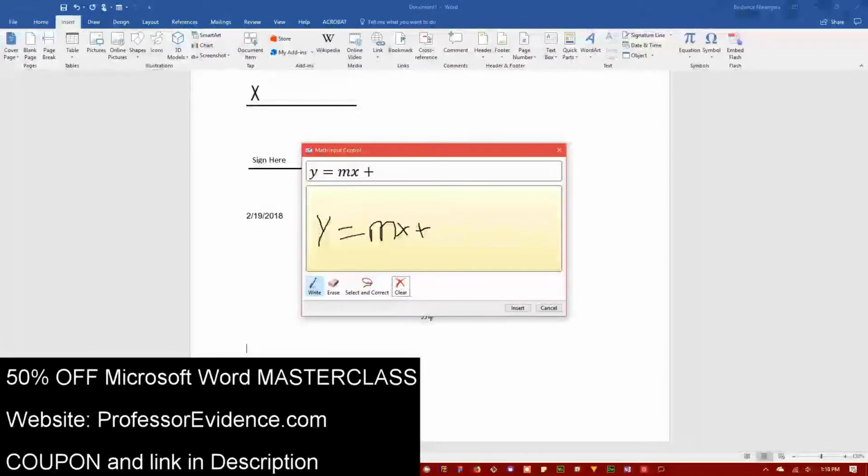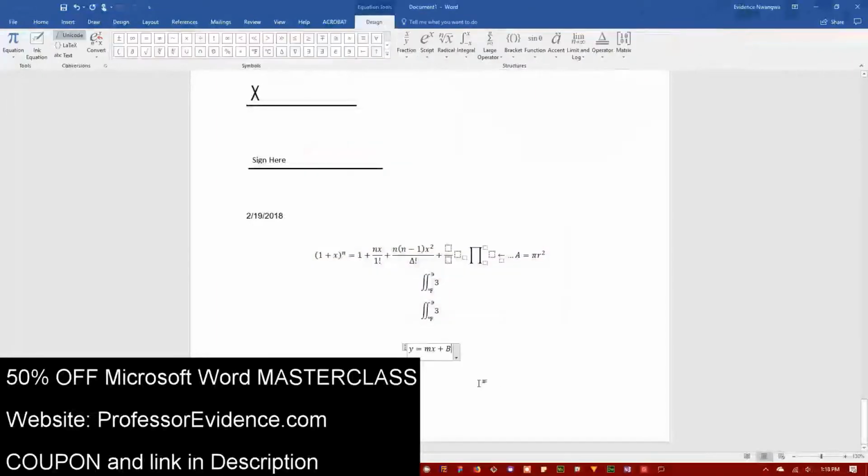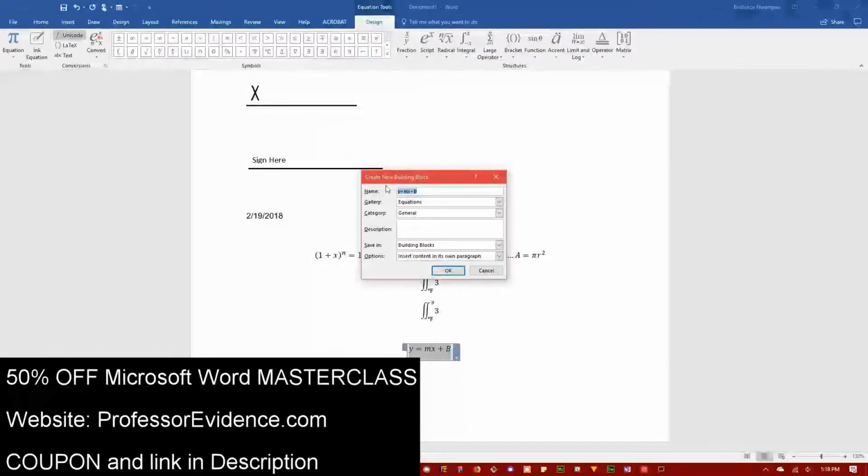So it's very accurate in detecting things, so that's really good. Mx plus b, you just click insert and it inserts your equation for you, and of course you can save as a new equation. If you go over to, you can save it under equations and slope equation, the slope of a line,